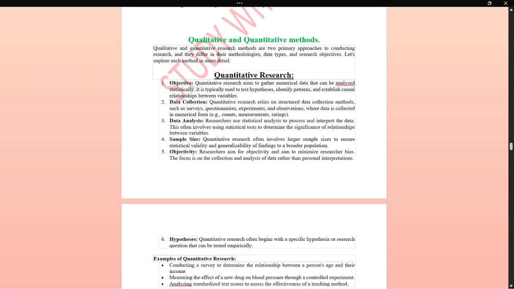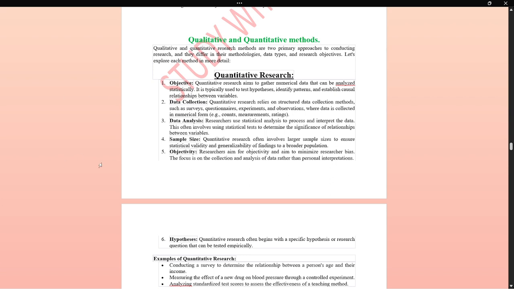Now qualitative and quantitative methods. In the quantitative method, the objective is to gather numerical information. Why do we collect numerical information? So that we can analyze it through statistical tests, test hypotheses, and identify patterns and causal relationships within, between, and among the variables.